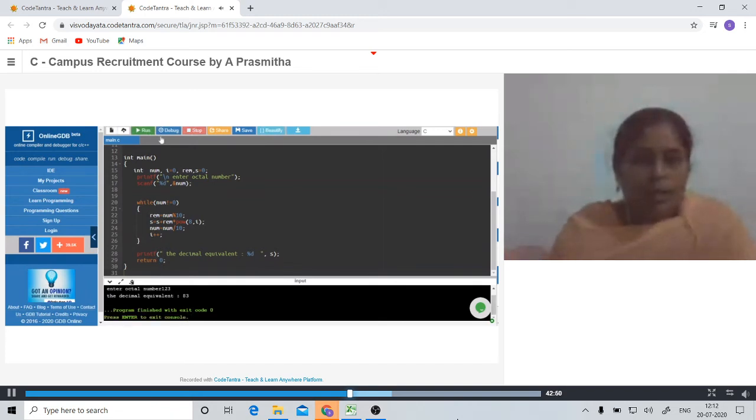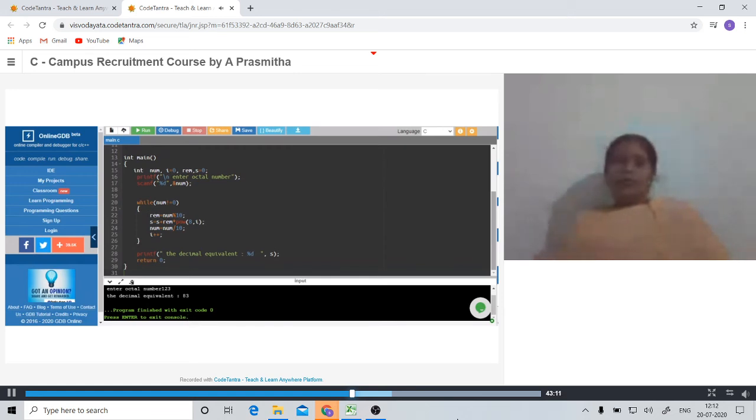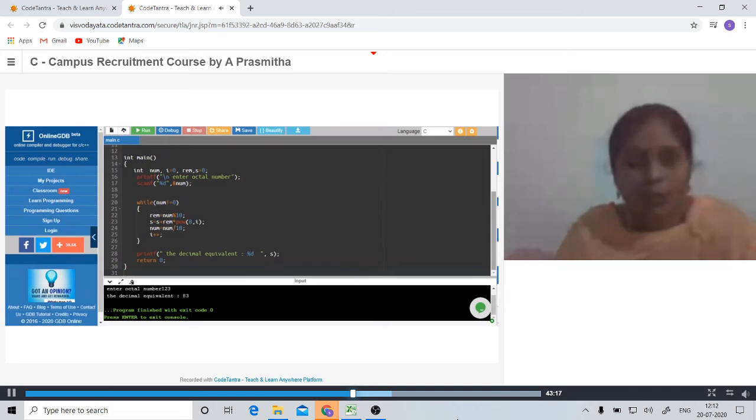We are getting output as 83 as we checked. The only change I did here was instead of 2 I used 8, nothing more than that. Instead of 2 we can simply put 8 in place of 2 so that the binary to decimal conversion is converted into octal to decimal conversion.